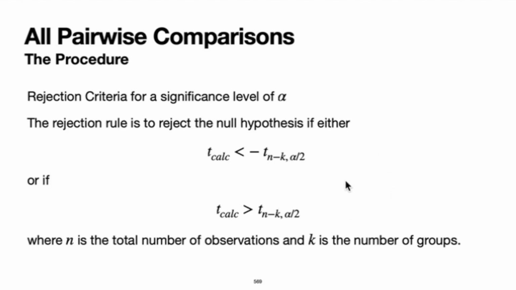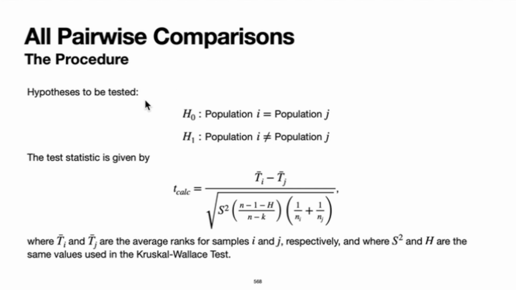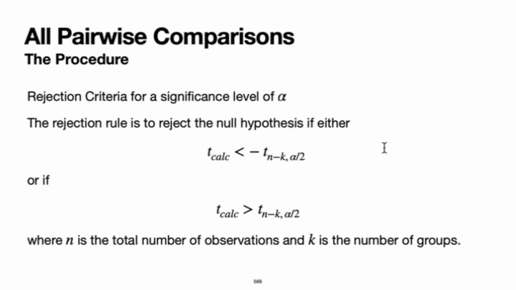And the reason is, again, because this is a two-sided test. The alternative says that population I is not equal to population J. That's a two-sided alternative. And so we're going to reject the null hypothesis if our test statistic t-calc is either really small or